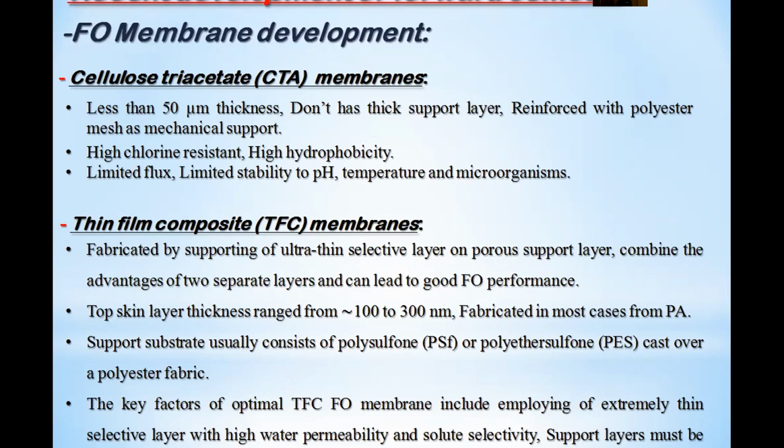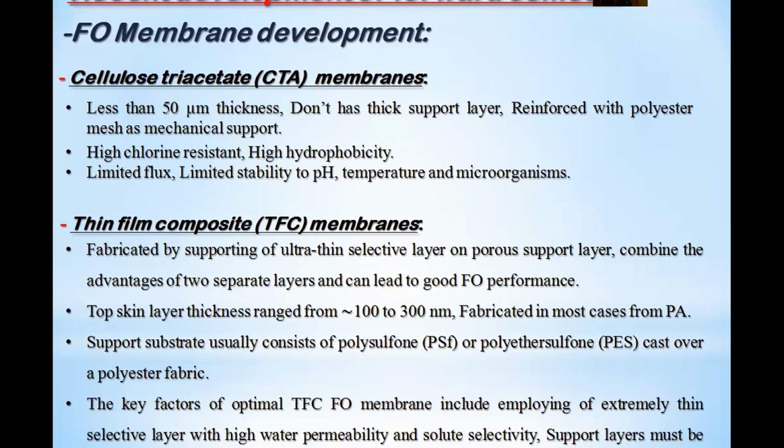Second type, thin film composite membrane, is fabricated by supporting an ultra-thin selective layer on a porous support layer, combining the advantages of two separate layers and leading to good FO performance. The top skin layer thickness ranges from 100 to 300 nanometers. In most cases, for the polyamide, the support substrate usually consists of polysulfone or polyether sulfone cast over a polyester